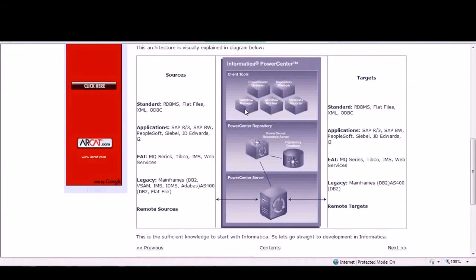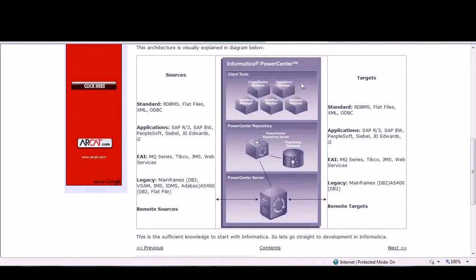So then we have a workflow monitor. Workflow monitor, as the name denotes, is where we can see the progress of the workflow which we have executed. It will show us the succeeded or failed status, and we can also individually see the session logs and workflow logs as well. Then we have metadata reporter. So here we basically report and control the metadata things. Okay. Then we have a Power Center repository, right?